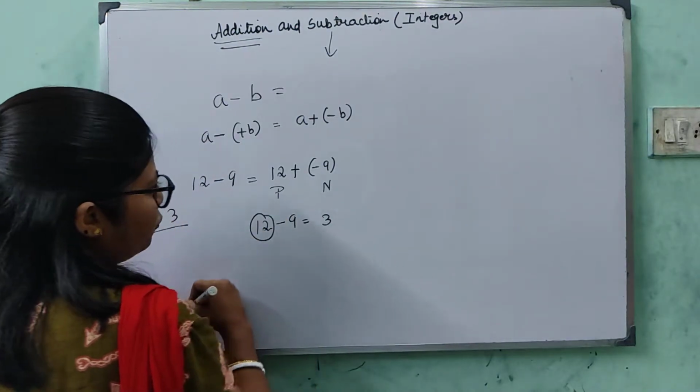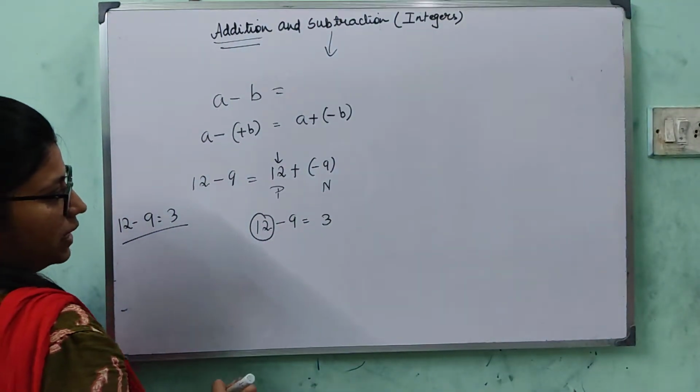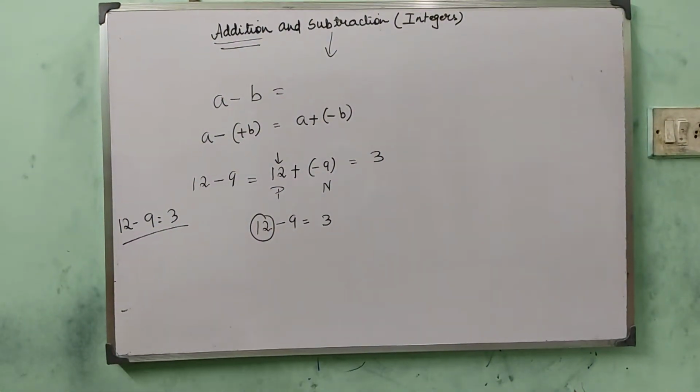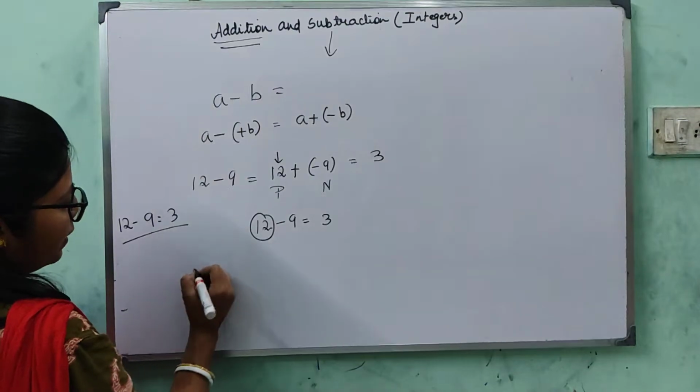Now what is the sign of 12? 12 is having a positive sign. So the answer is positive 3, or simply 3 you can write. Okay. Next is, if this was